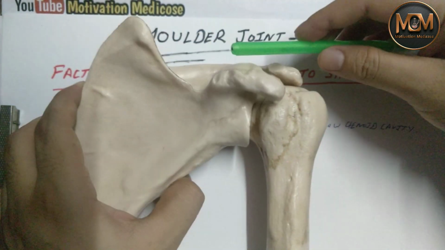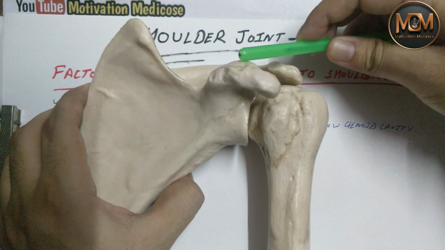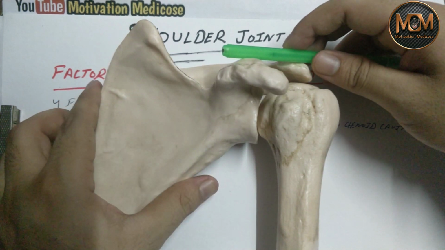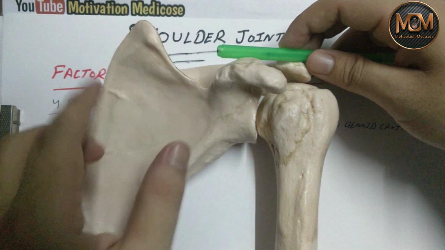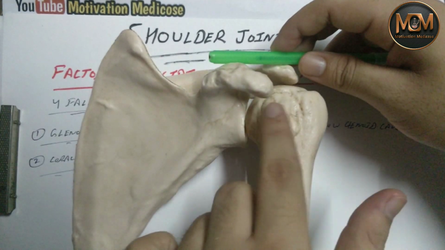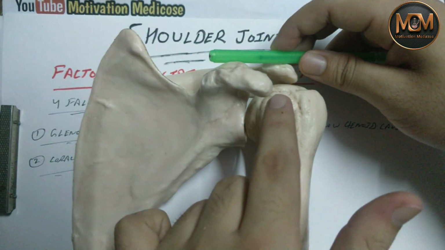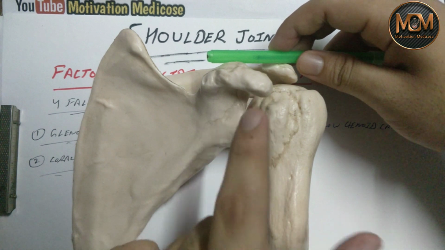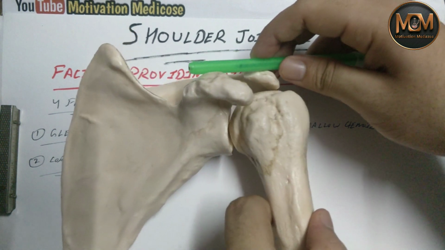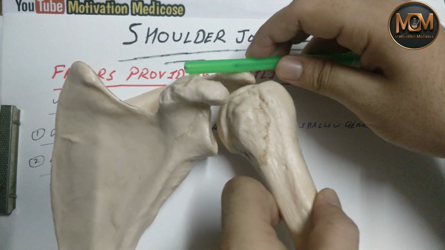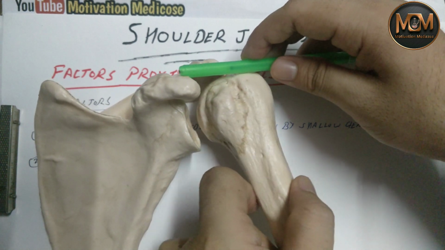So I imagine like this is a ligament, and these three structures together form the coracoacromial arch. So if this structure is present like this, what is it doing? This arch is protecting the joint from above, and also prevents the upward dislocation of the head of humerus. So it can only move to 90 degrees, preventing upward dislocation.